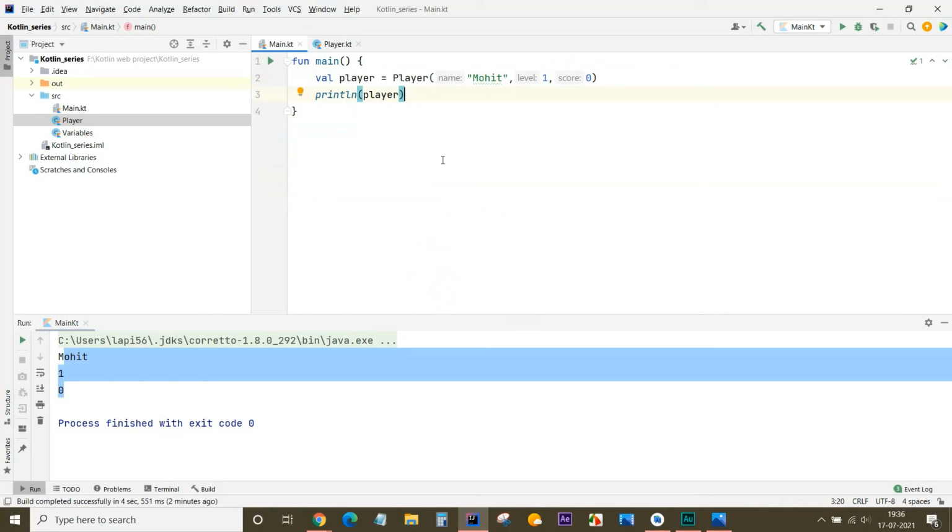Earlier we were calling it but getting hexadecimal values.